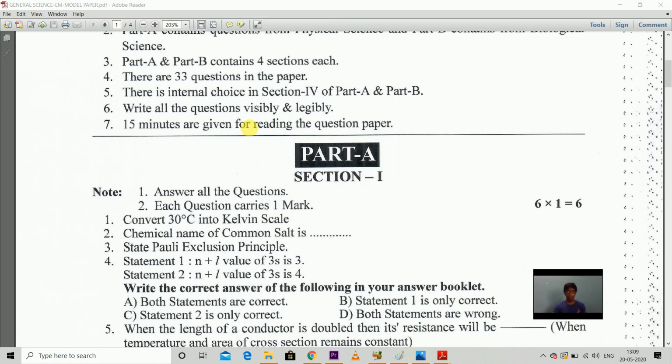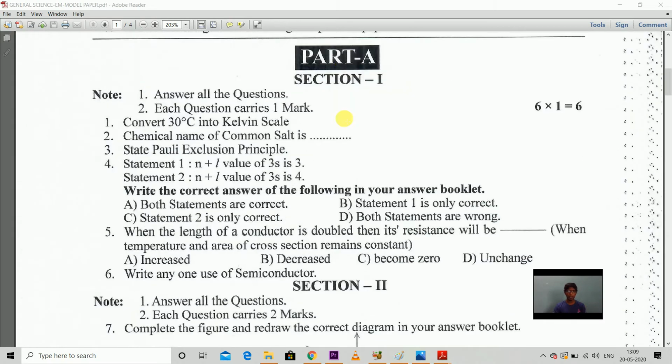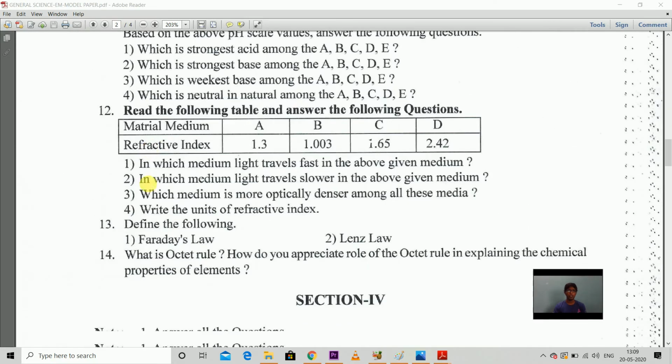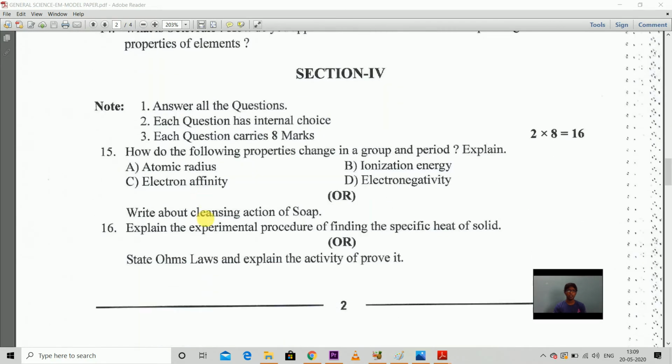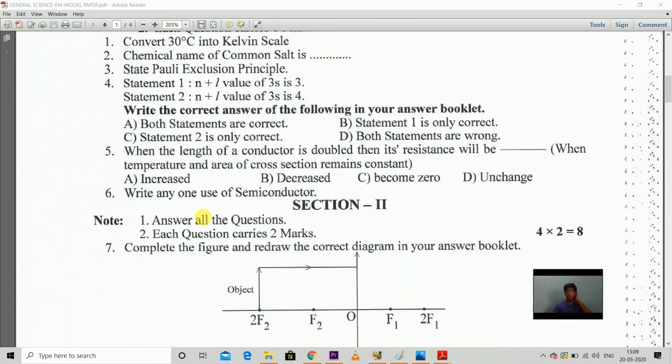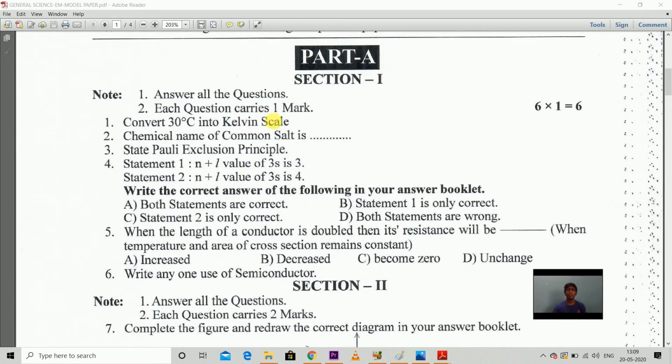Now if you observe part A section 1, I have observed all the questions, section wise. What I observed is that some direct questions are given. So you get an idea that if you read the questions given in your textbook on the last page, you can read those questions also, and the pattern has not changed here.